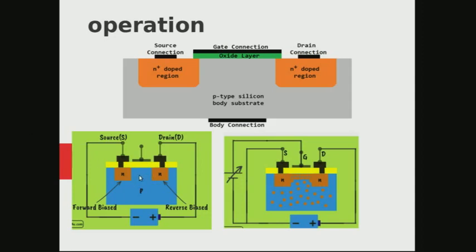The one is forward biased and another is reverse biased, and therefore there will be no significant current flow between the drain and source. But still there will be a small amount of current flowing, and it will be due to the minority charge carriers. But virtually, we can say there is no continuous path of charge between source and drain.